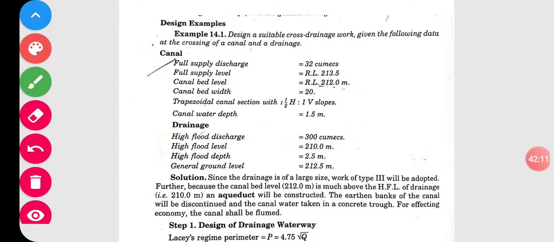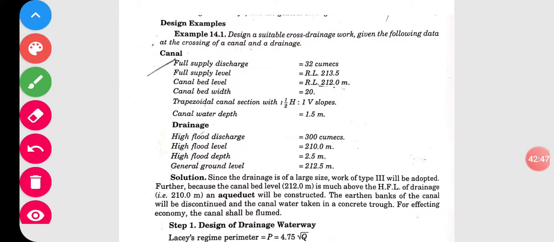I am sure you have not clearly understood this, but when you come back to the college after reopening, if you want, we will discuss it on the board. I will explain once again how it is solved. All your doubts will be cleared when you come face to face in the classroom. So dear students, with this I will close, and I declare that module 4 is completed in full. Everything I have covered: types of cross drainage works, design considerations of cross drainage work, and the design problem of cross drainage.